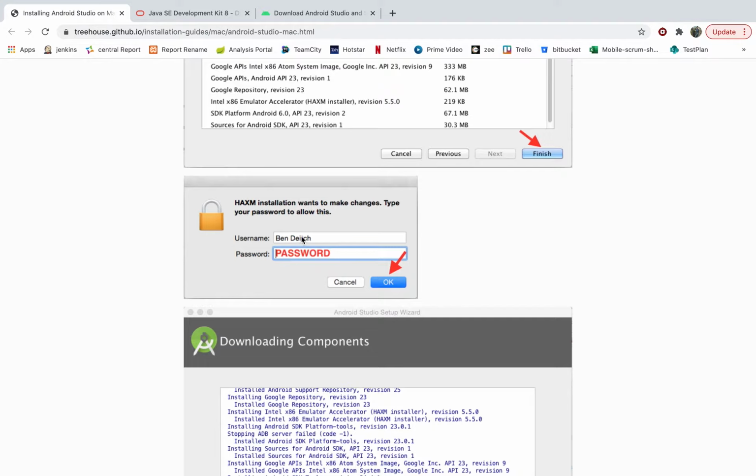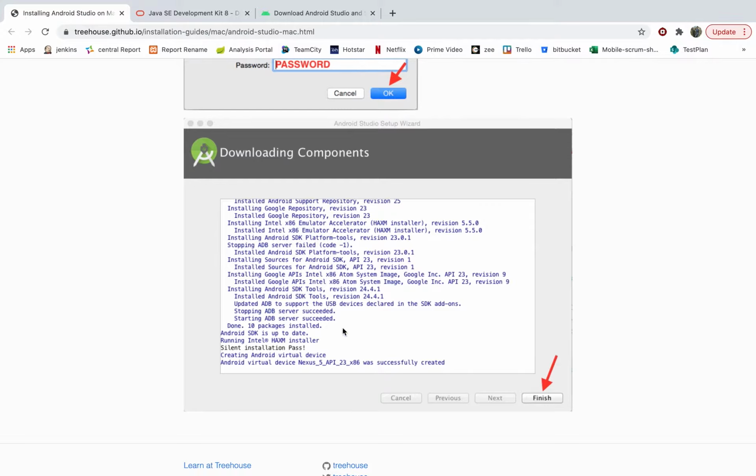You just have to provide your MacBook username and password, guys. Once it finishes, I think it takes around 15 to 20 minutes. Sometimes, depending on your bandwidth, it takes around 40 minutes as well. Once you finish it, Android Studio and one of the basic emulators will get installed. Once this is done, just open it.